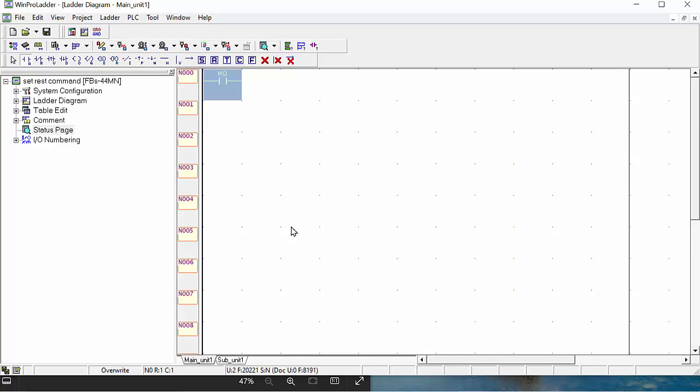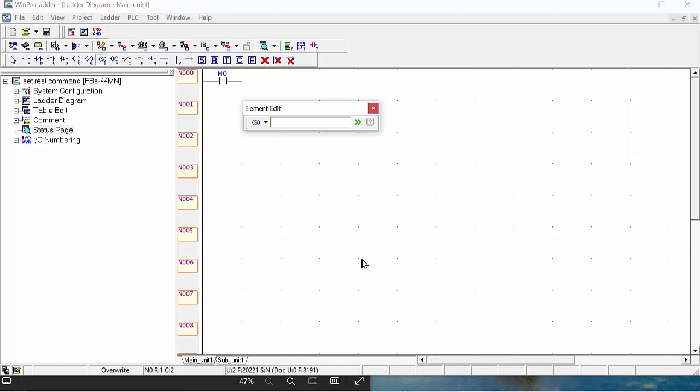This is my internal memory relay, and next I will use this set Y0. For example, I will choose Y0 because Y0 is pulse in this model. Y0 is a pulse output, so I will start from